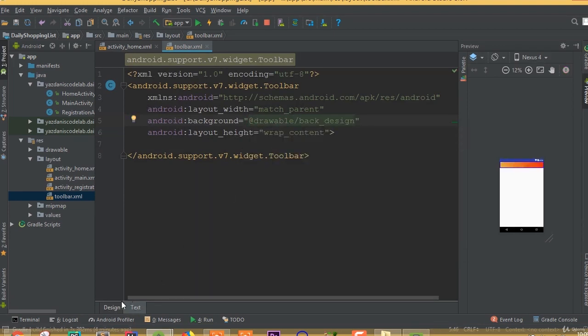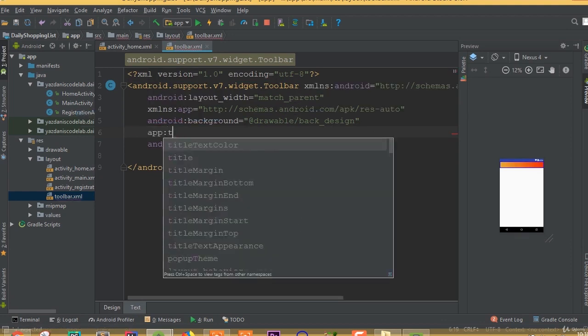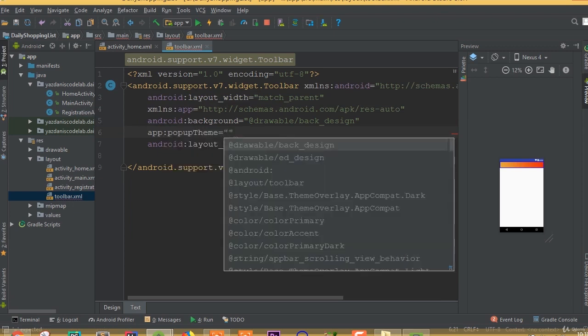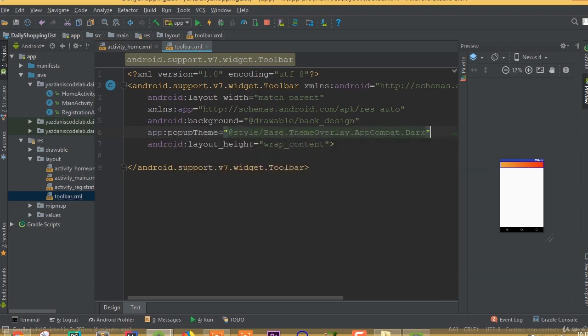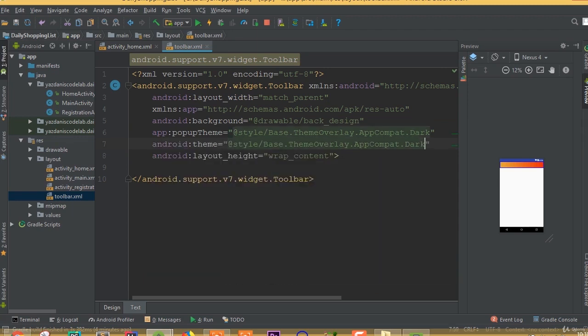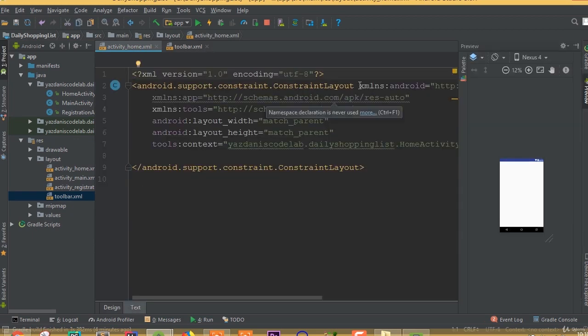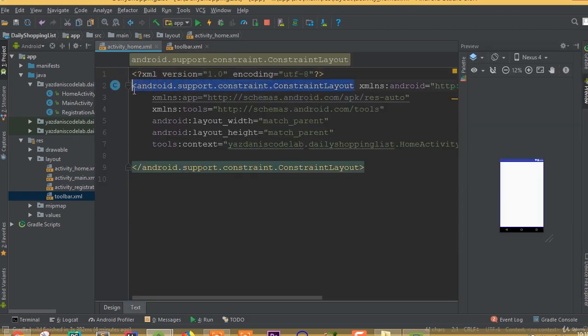Okay, now we need to add a theme, pop-up theme and Android theme. So app just import it and call pop-up theme, and this theme is going to be base theme overlay compat dark, that will give us a white title bar, and Android theme is for the same. Now go to this activity home layout and remove this constraint layout